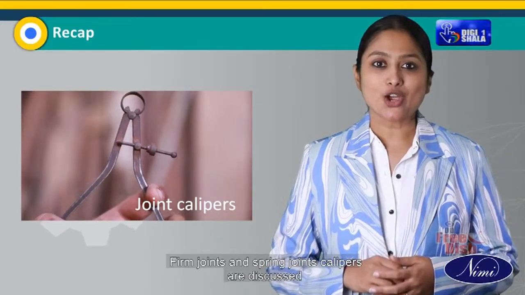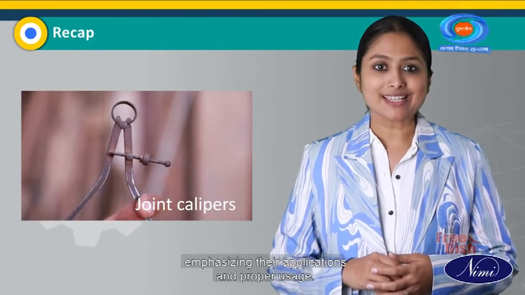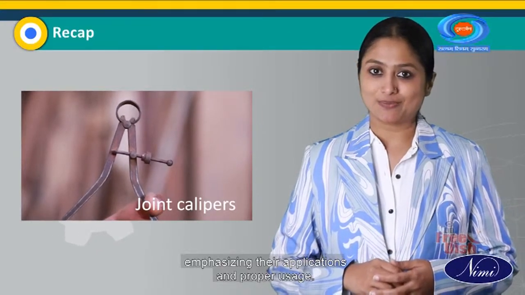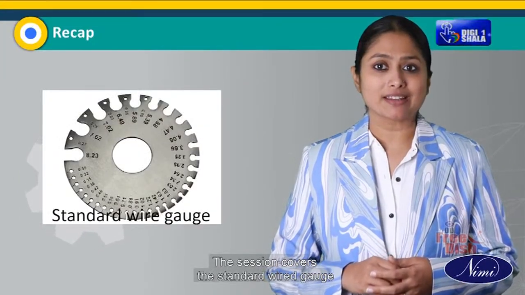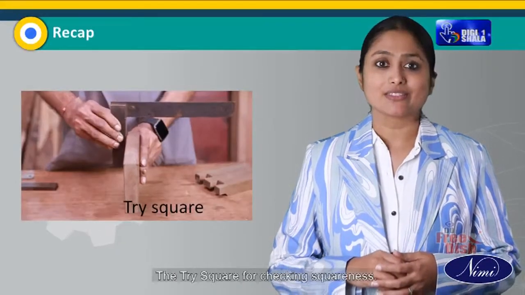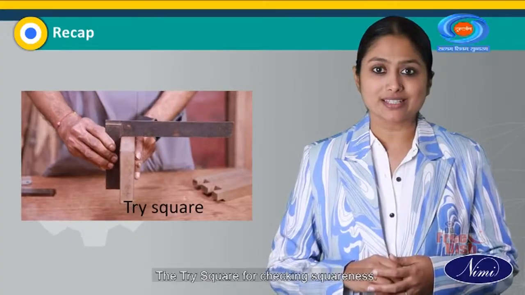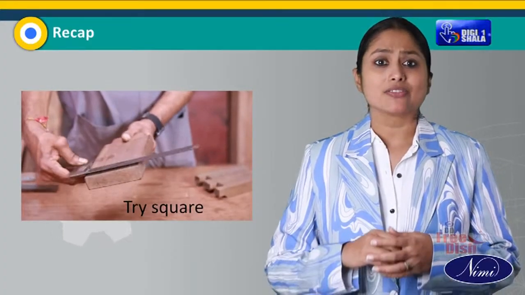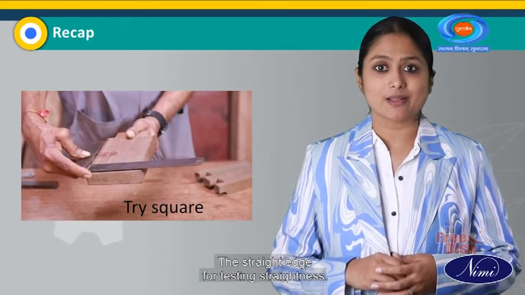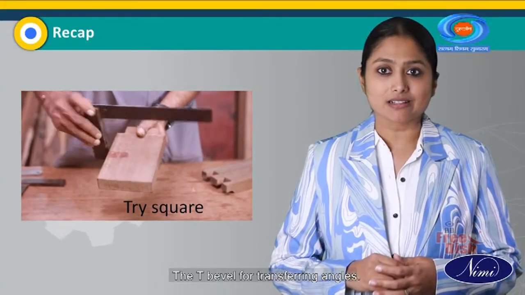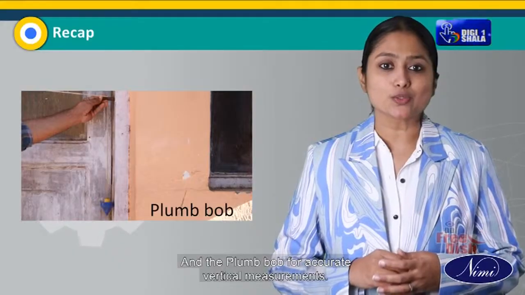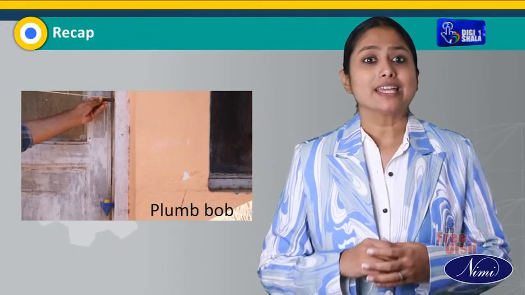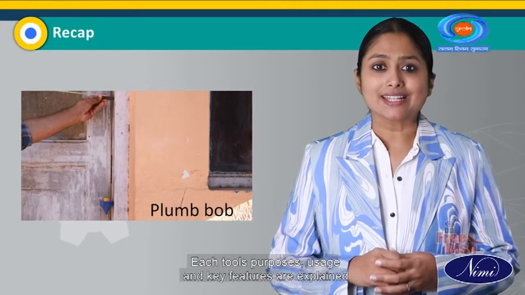Firm joint and spring joint calipers are discussed, emphasizing their applications and proper usage. The session covers the standard wire gauge for measuring sheet thickness, the tri-square for checking squareness, the spirit level for determining horizontal and vertical alignment, the straight edge for testing straightness, the T-bevel for transferring angles, and the plumb bob for accurate vertical measurements. Each tool's purpose, usage, and key features are explained, providing comprehensive knowledge for effective tool identification